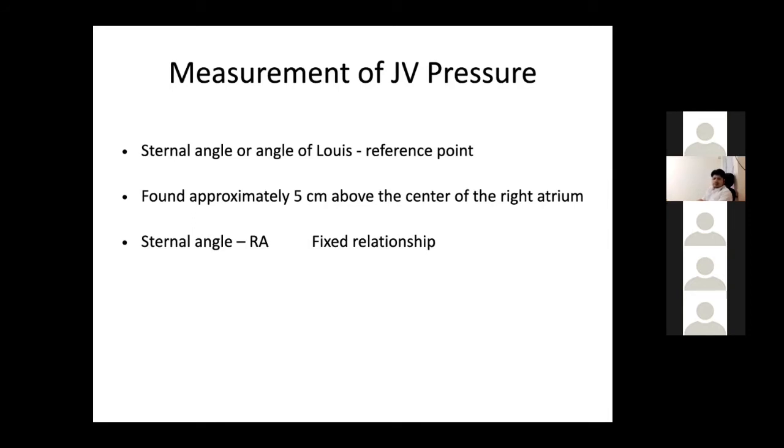Now, how do you measure? Many people ask me, why do we see the JVP at 45 degrees and why not in the lying down position or always in the sitting position? See, at present, the ideal position to see the JVP is the sitting position and not the 45 degrees. You should always see the JVP in the sitting position. Now, why did we used to see the JVP at 45 degrees? Because when you lie down supine, the JVP is intracranial, and when you sit fully, the JVP is intrathoracic. That is why 45 degrees is a place where you can see the JVP correctly.